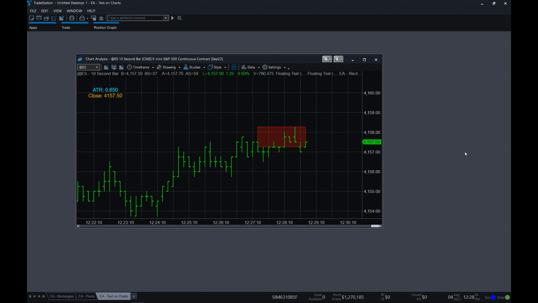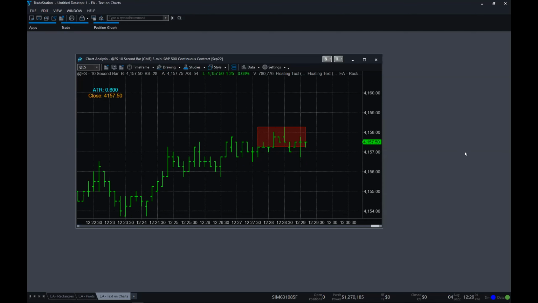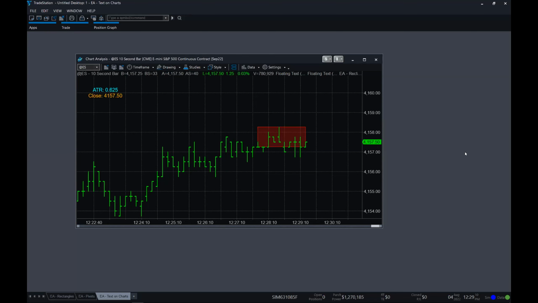You'd say, well, okay, look, if it makes a new all-time high, that's when I want to redraw the rectangle from the new all-time high down to, I don't know, the new all-time high minus something or whatever. How do we identify the all-time high?